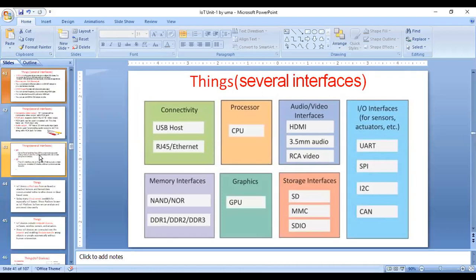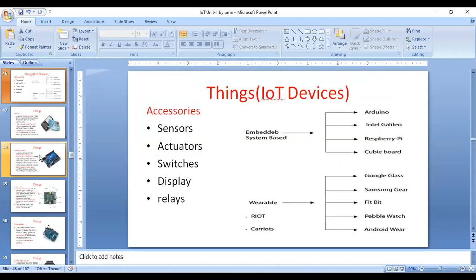After interfaces, you have different devices. Some are accessory devices for the IoT. Accessory devices are sensors, actuators, switches, displays, relays, and then there are embedded system based devices.